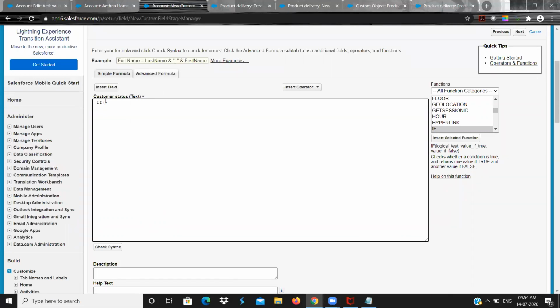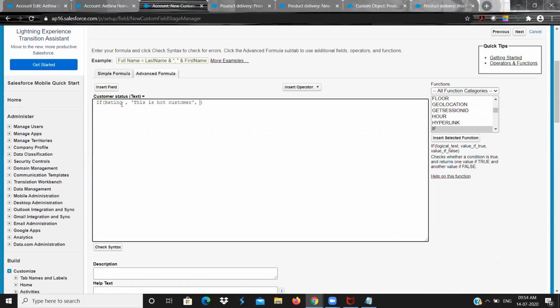So like that I want to use IF. Here I will first give one condition. The condition is rating should be equal to hot. In that case I want to display this is hot customer.